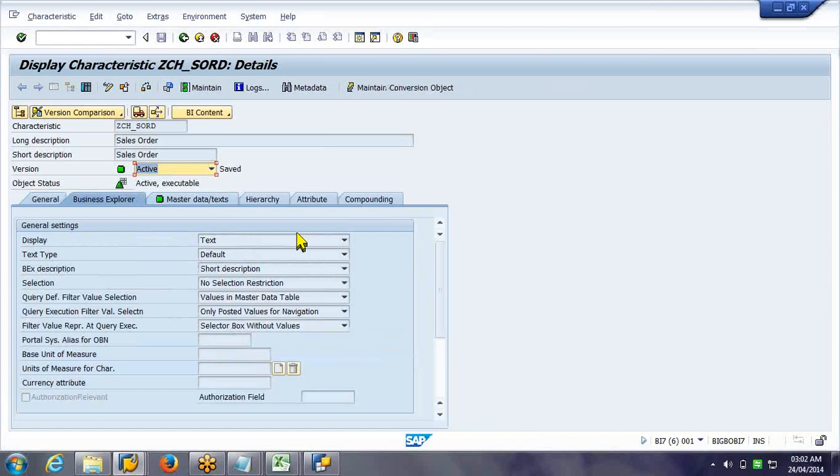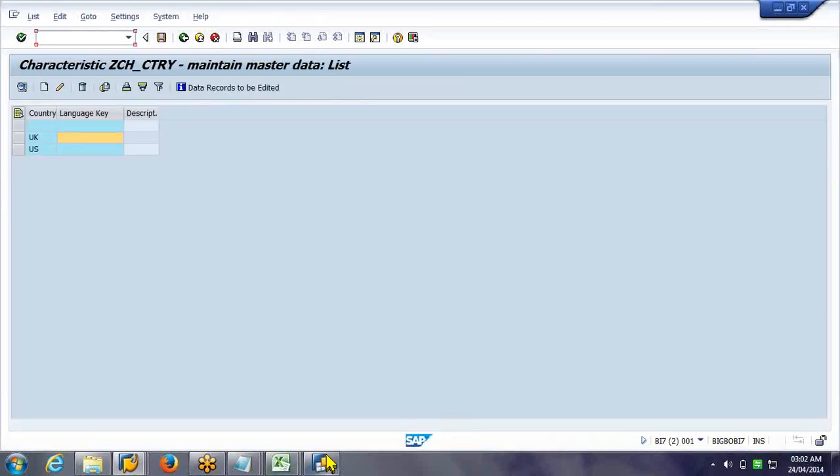Here it is defined that by default it displays text, not key or key and text. Usually we will not hard code any property at the info object level, because the same object can be used in multiple ways. Someone can see key, someone can see text. So that's why we leave it as it is. The system automatically derives this while creating, but at the query level you can change it.